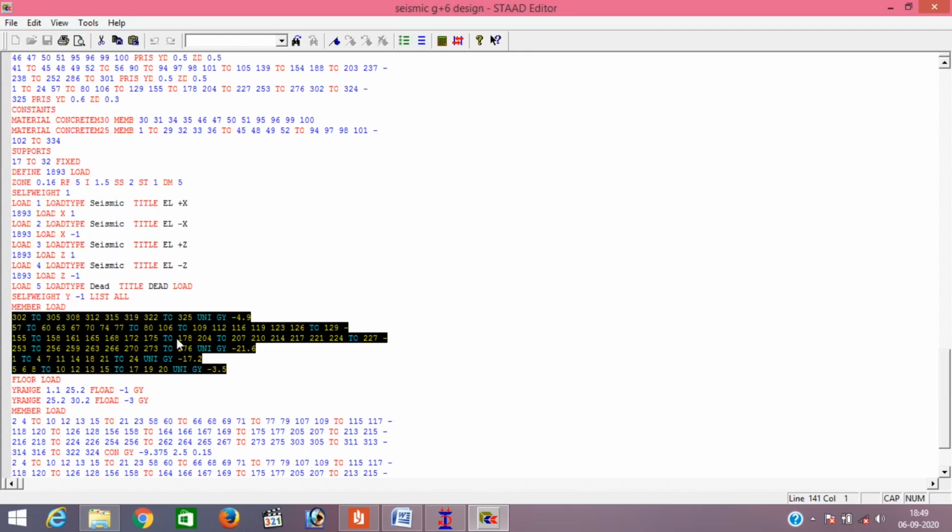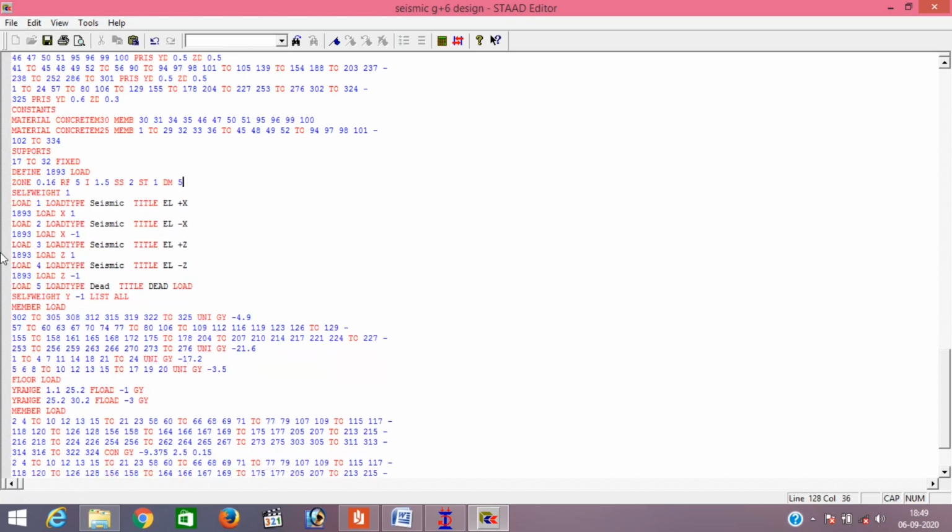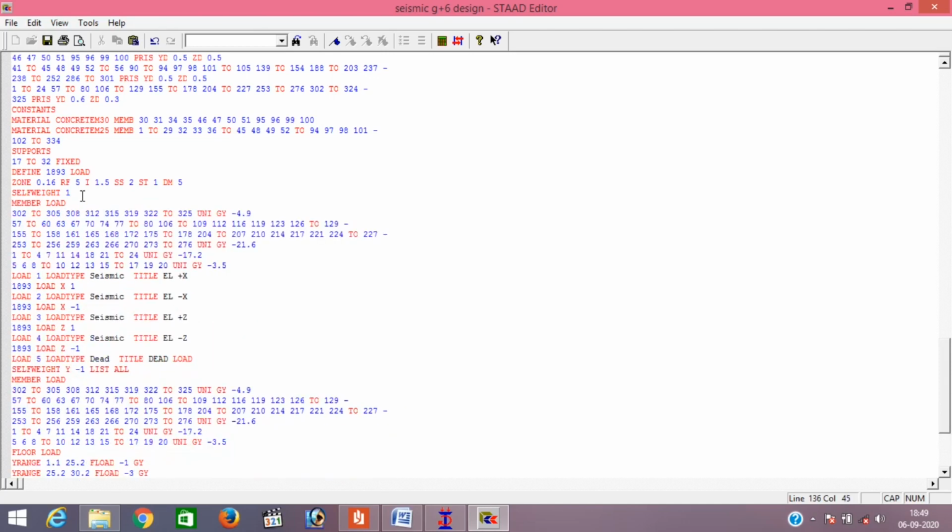Firstly select the member load, all member load. Select it and Control C, meaning copy it, then go to the seismic definition, and below the self-weight one just paste it, Control V, and here in place of member load we write member weight.